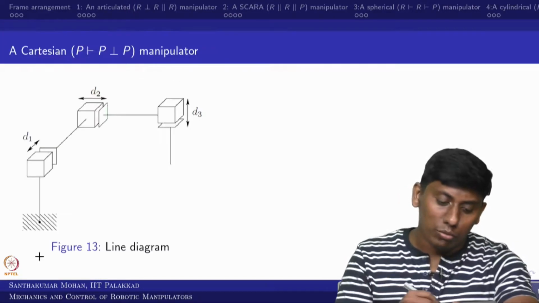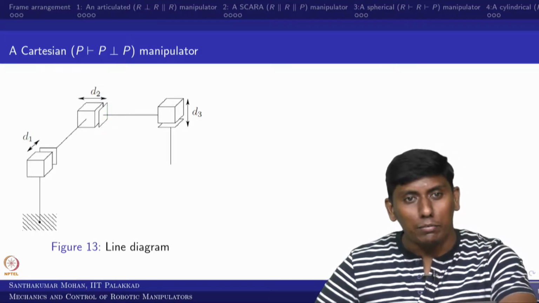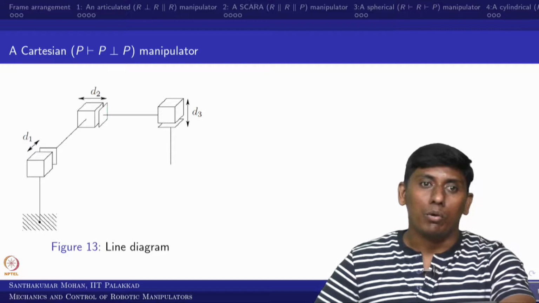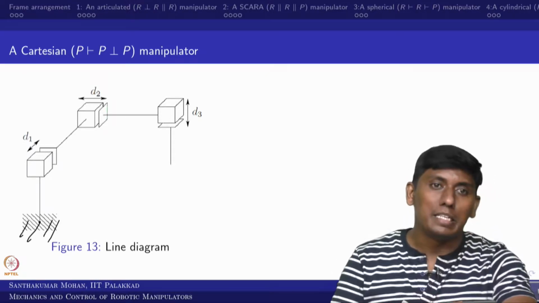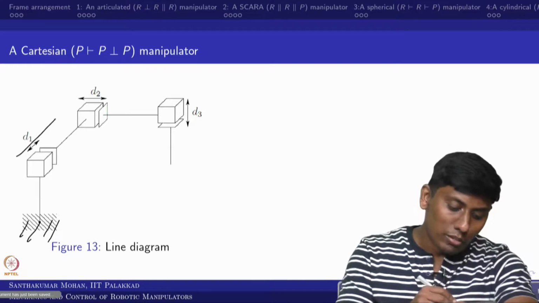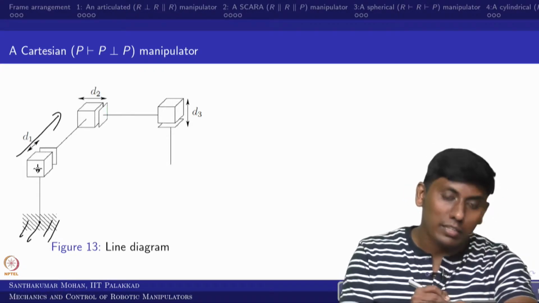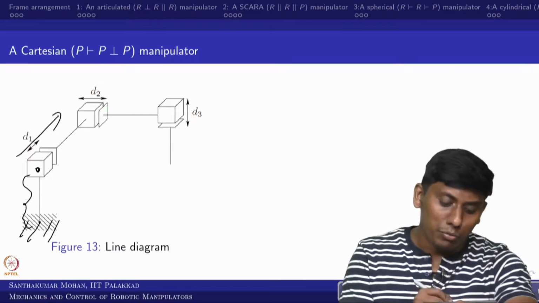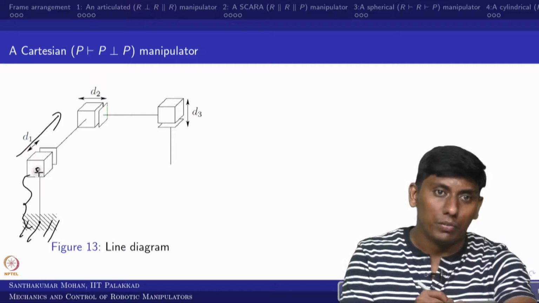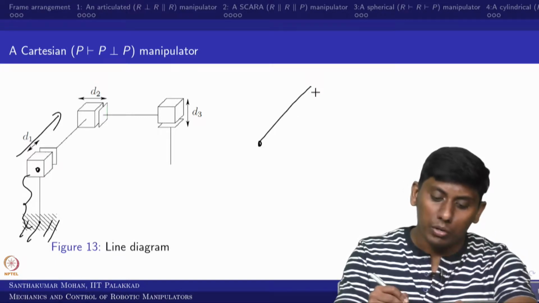So what is that? It is a Cartesian. For fixing Cartesian, you have to play a small clever rule. So what small clever rule? Although you start from the base here, the first joint is going like this. For our benefit, we can start the base here, and this distance we can cover later on. Otherwise, we have to start a passive joint here. Okay. So I am starting here like this.